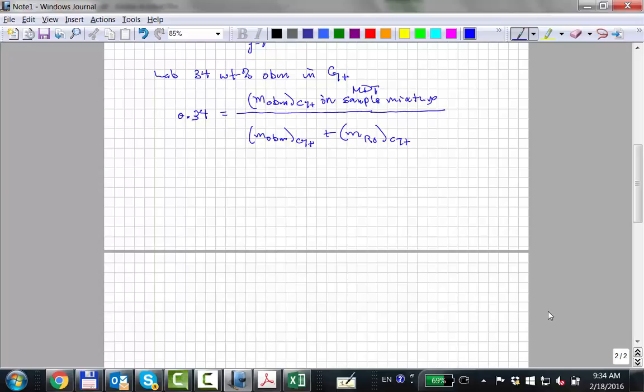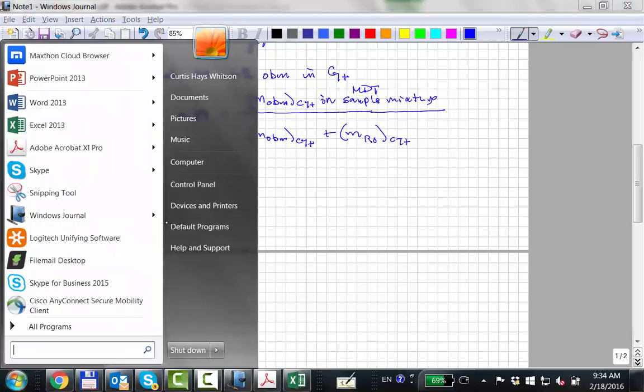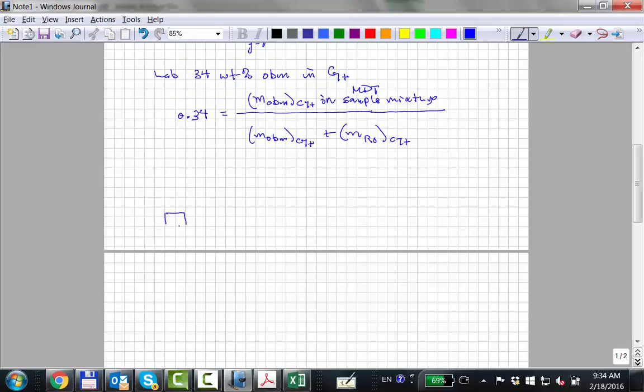I don't know what symbol we're going to give this, but that's what it's calling. It's basically saying that if we took our oil-based mud and we had 34 grams of that,